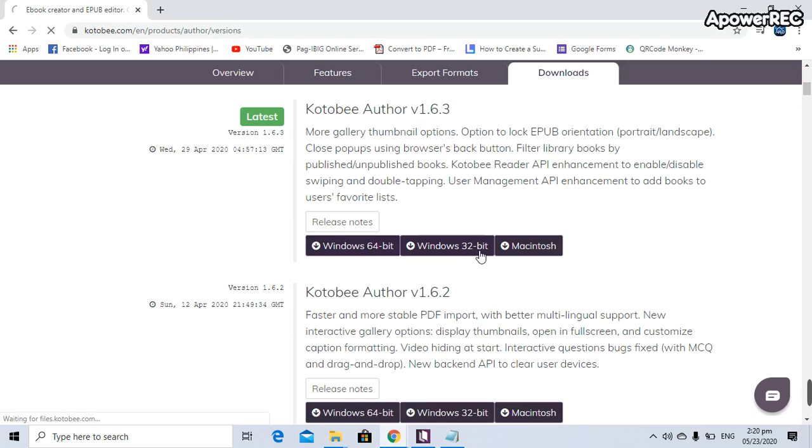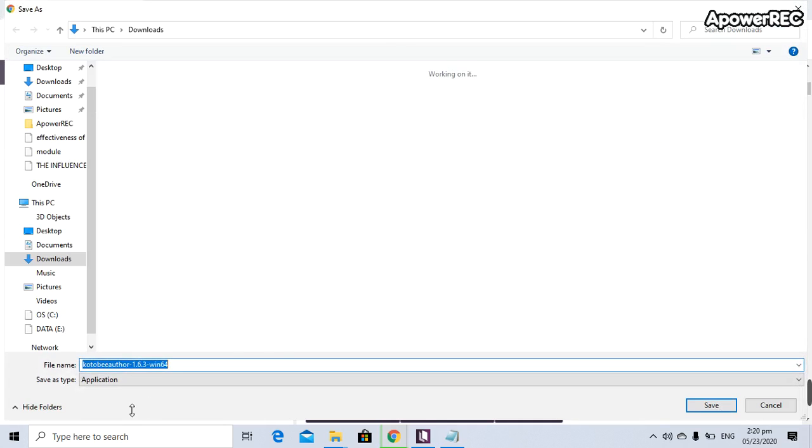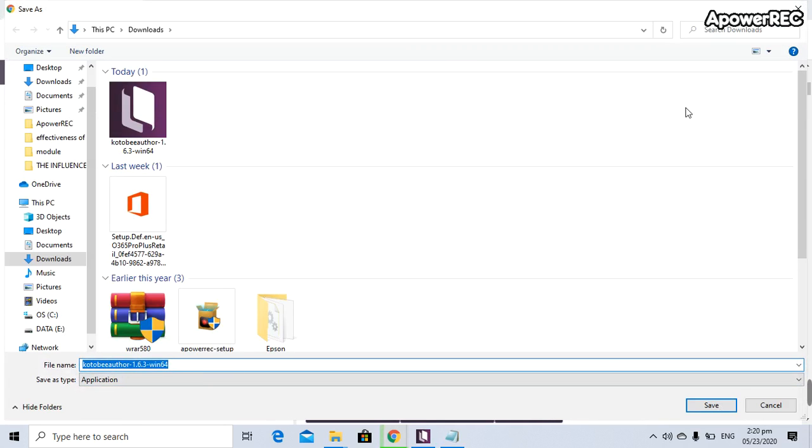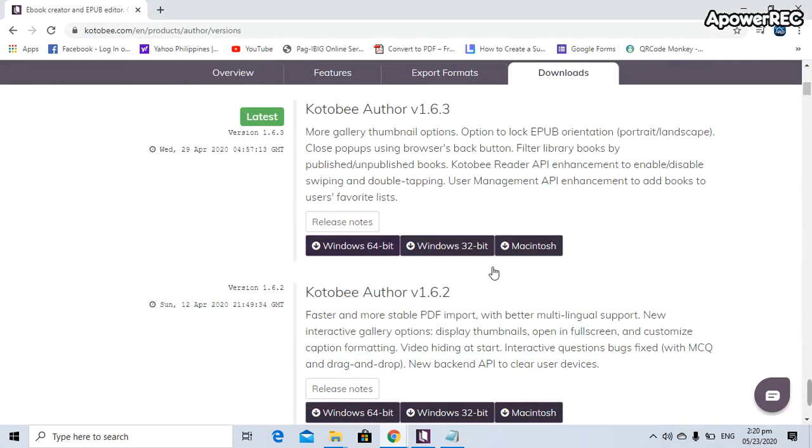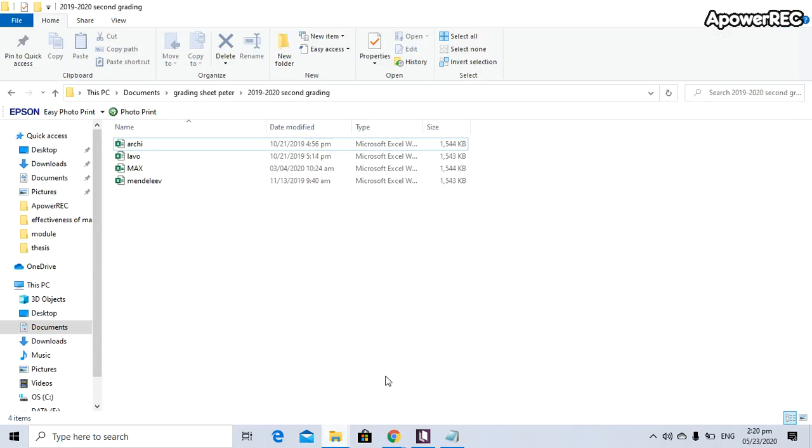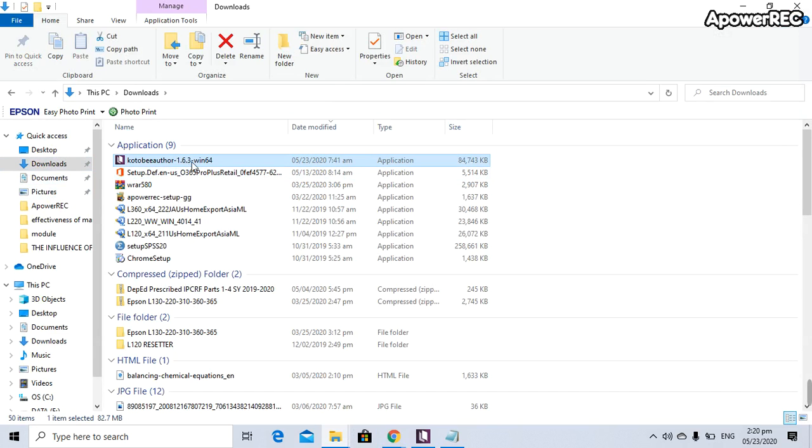Then all you have to do is click this one, and if you click that, it will automatically be downloaded. However, I already downloaded it, so there you go. A dialog box will ask you to download the file, and you can save it anywhere you want. So I already downloaded Kotobee, and once you have downloaded it,